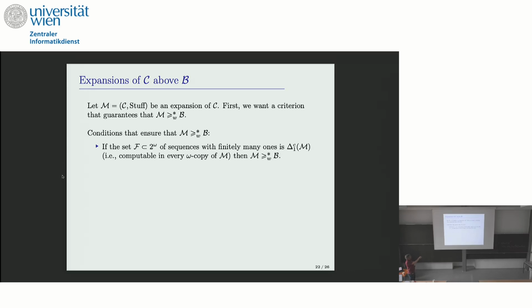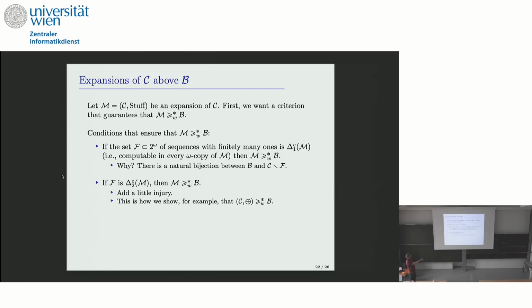All right. First of all, let F be the set of sequences with only finitely many ones. If that set is computably definable over M, then you can recognize the ones with infinitely many ones, and you get Baire space. Okay. If it is computably delta 2 in M, well then add a little injury. You don't immediately know which sequences you're trying to avoid, but you eventually know which sequences you're trying to avoid. It works out fine. We already used more or less this idea.